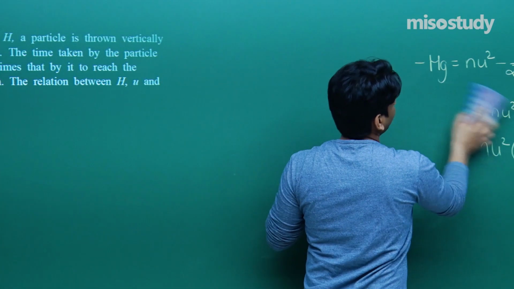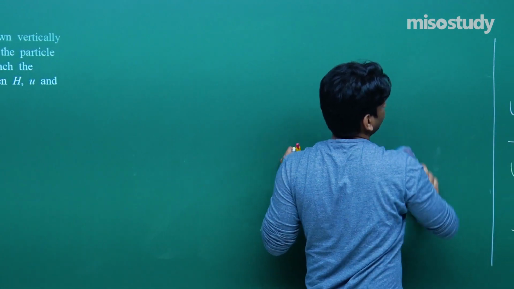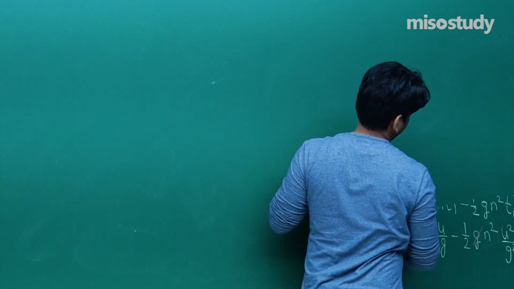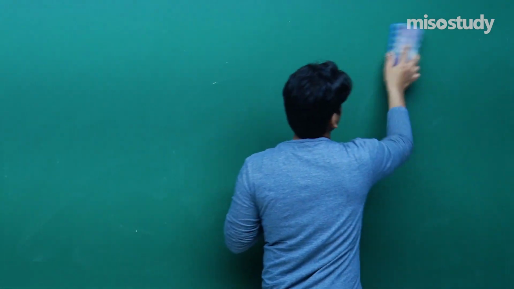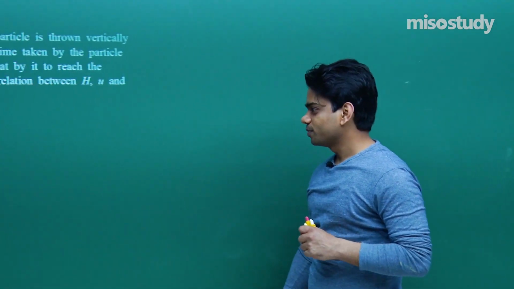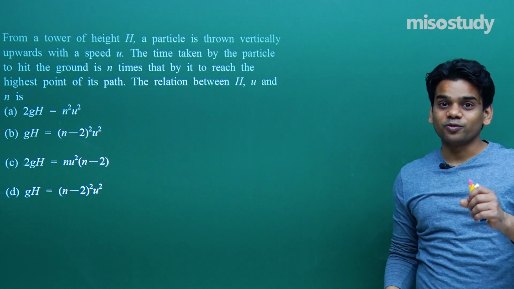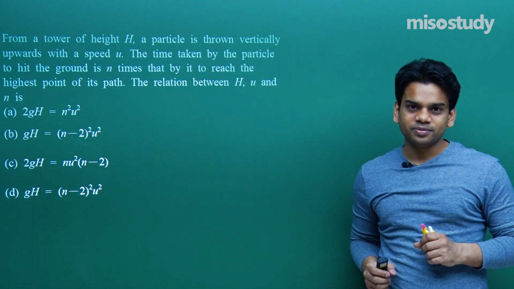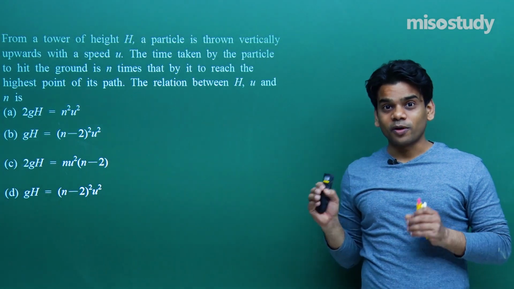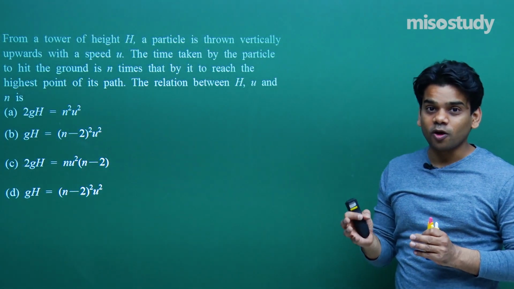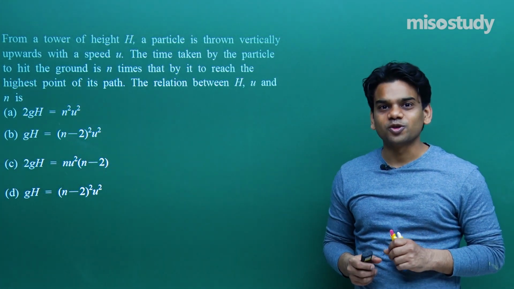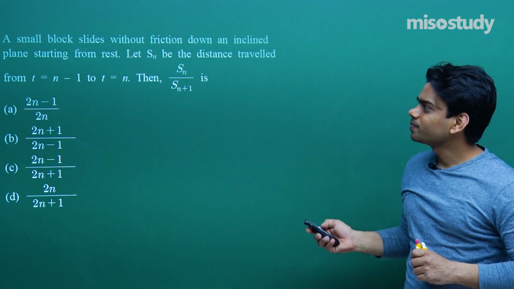Let me clear the board and we'll be proceeding with the next problem. This was a good problem that we did just now. Although the approach, the right approach is required in this problem. You might think that the problem is simple, but if you start solving on your own, you'll find that you are going to be trapped. Although the problem is simple, if you have the right approach, how to frame equations, how you have to switch between terms, you have to think wisely and you can reach the right solution. Let's go ahead with the next problem.